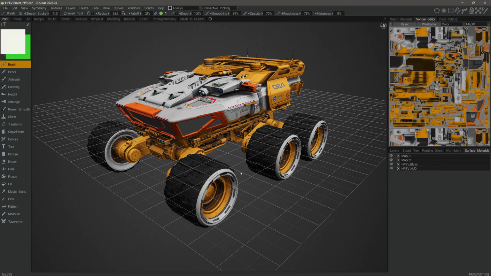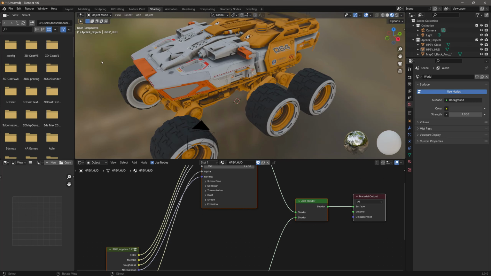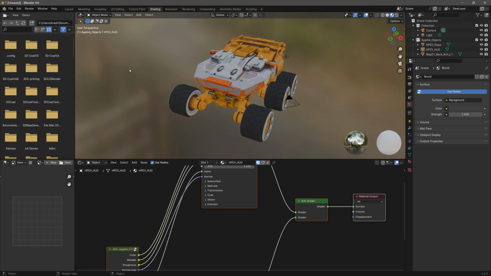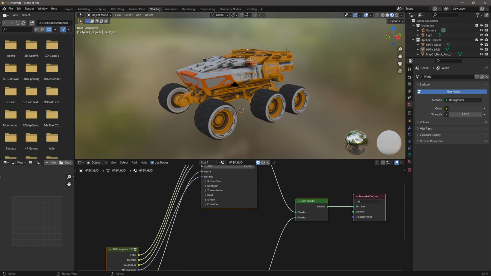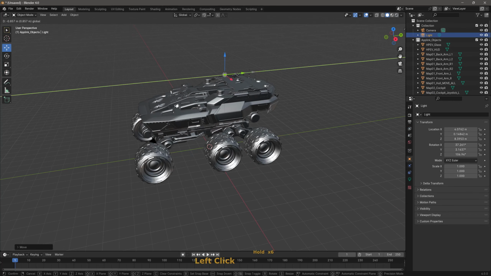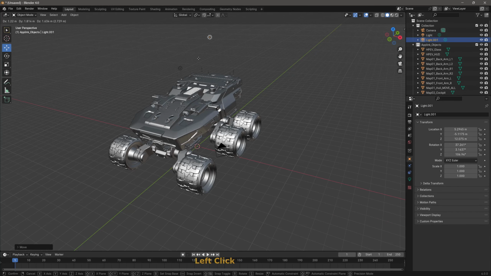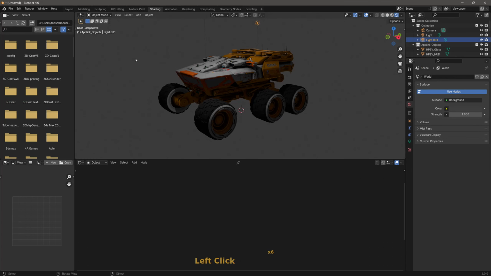Okay, it looks like it's done. I will go to Blender. You can see that all of our materials are already set up for us and ready to start rendering straight away inside Blender. So that's a quick look at the installation process of the